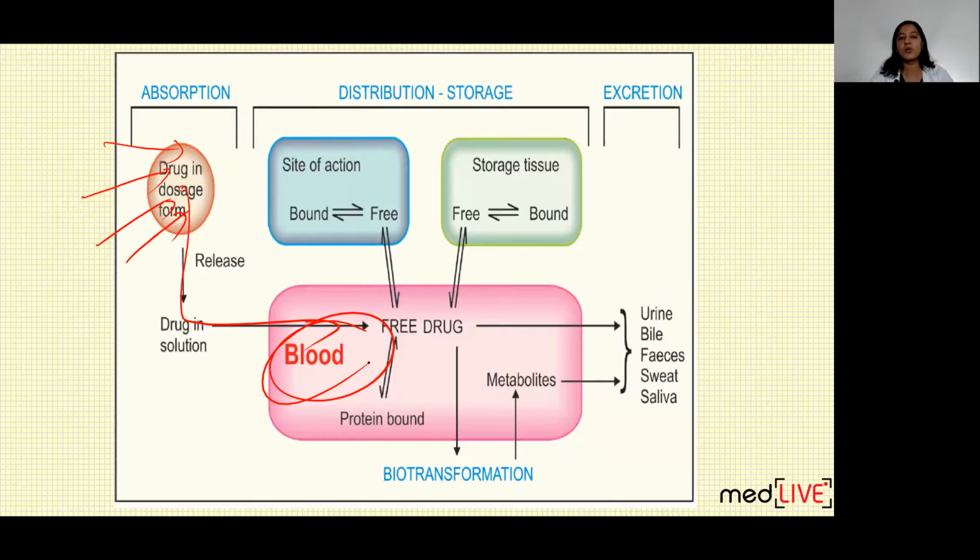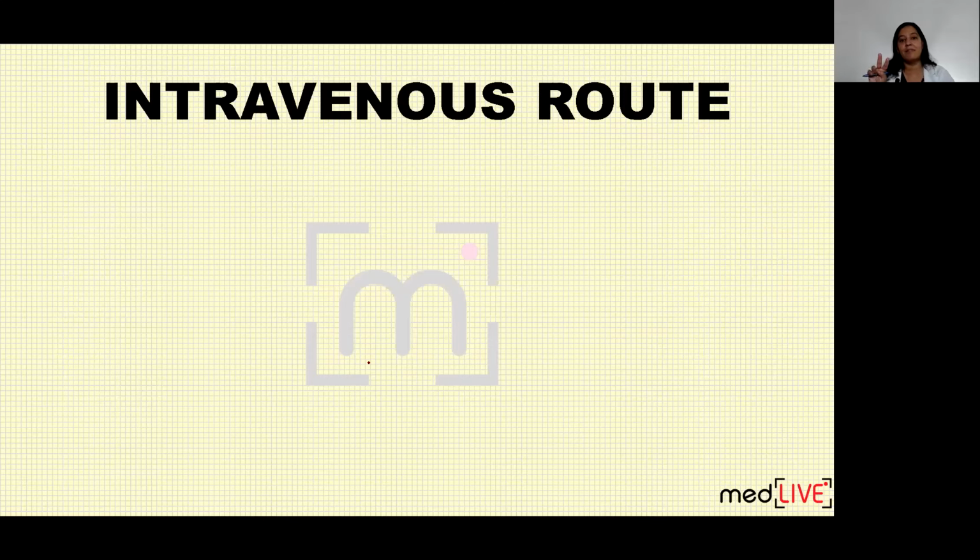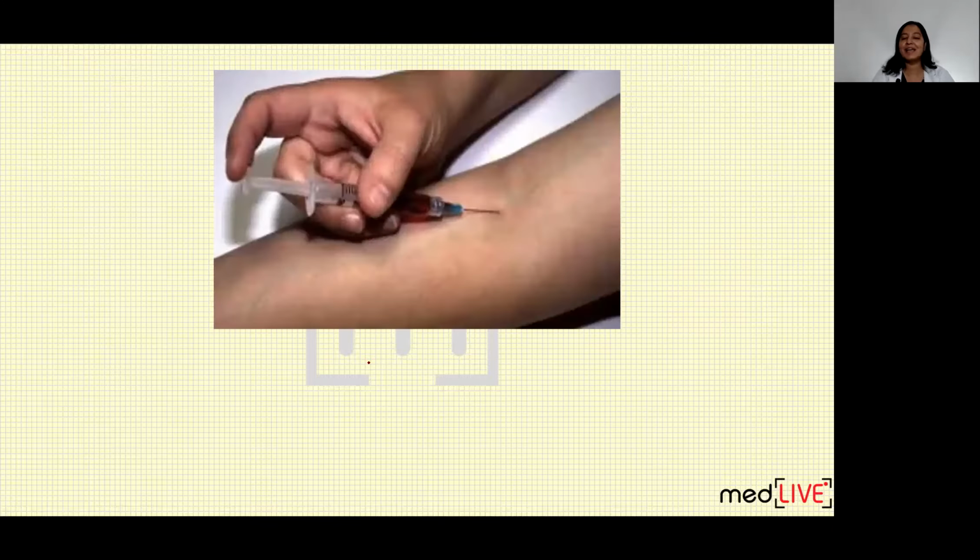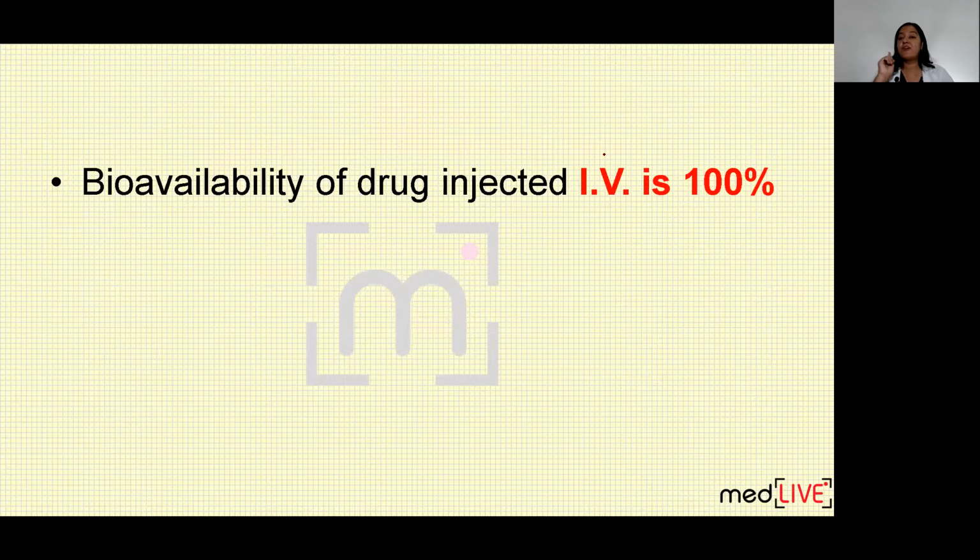So we have discussed oral route. I'm taking another example. We can discuss all routes, but we are taking two main routes. Another example is intravenous route. As I have told you, if you are giving any drug directly in the blood, whatever amount you are giving, it is reaching the blood. So if you are giving 100 gram, all 100 gram will reach the blood. So bioavailability for IV drug is always 100%. And for oral, it is never 100%, because it depends on three factors.